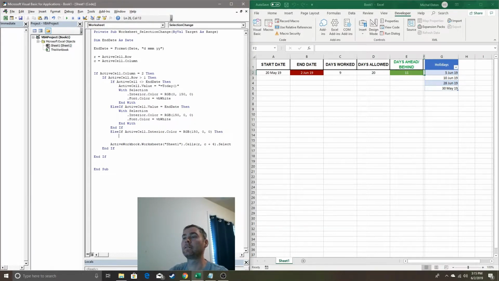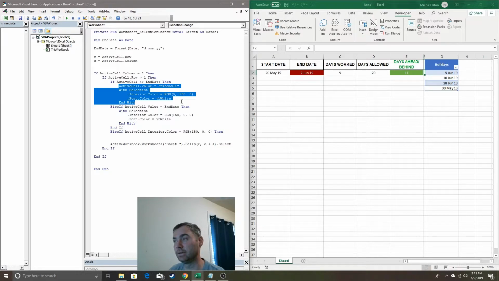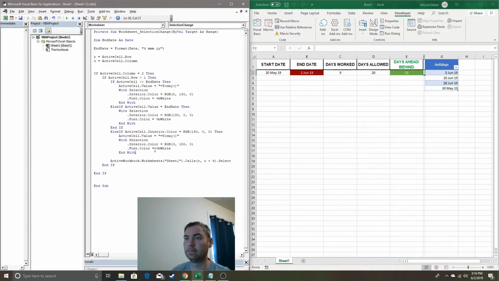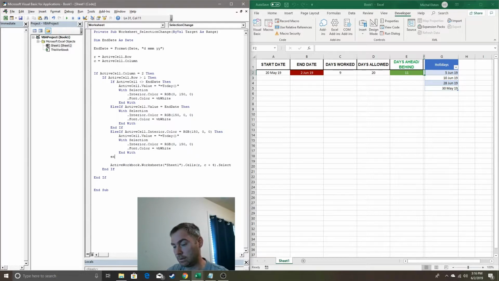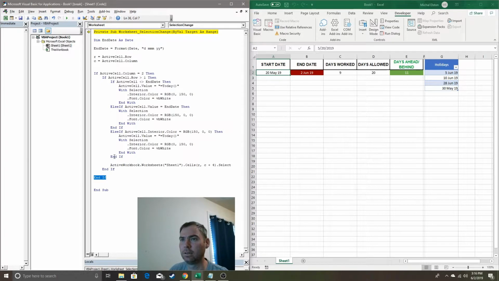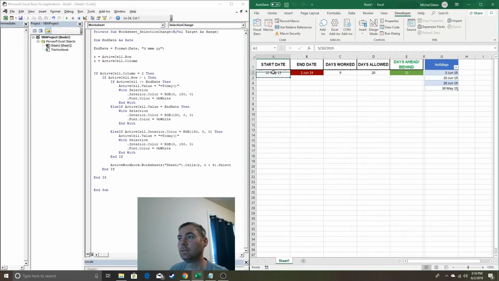Then, right, then what? I could just say then ActiveCell equals this again. Right? I could. I'm going to tell you why this is a bad idea in a second. But so now, in theory, oops, where? Oh. So now, in theory,